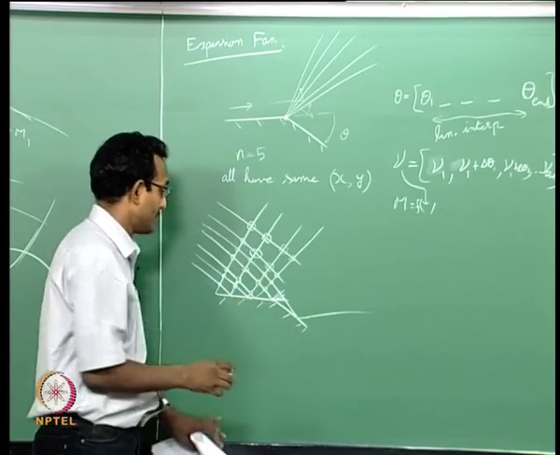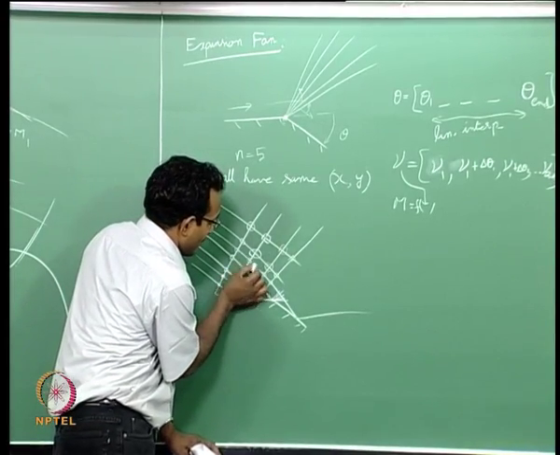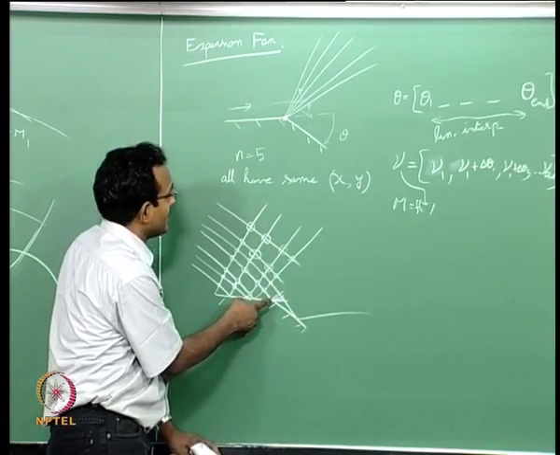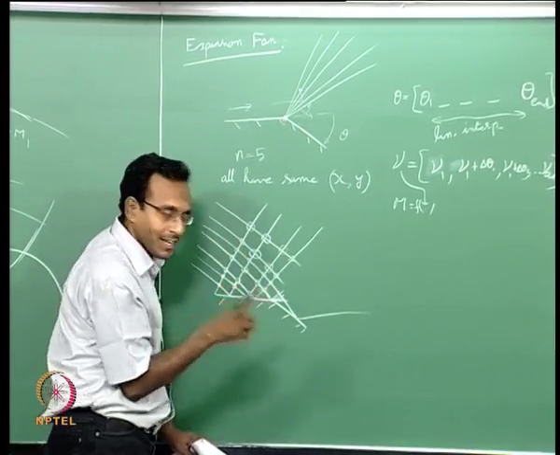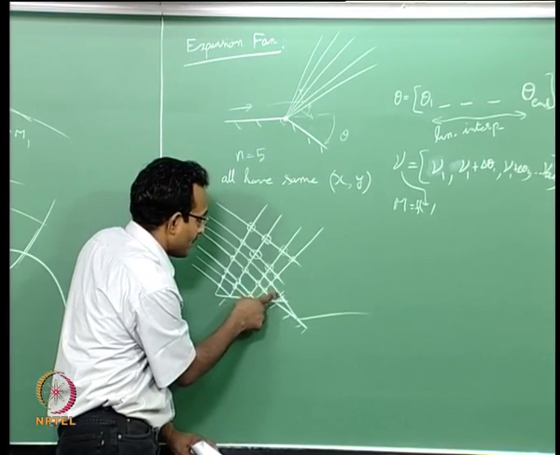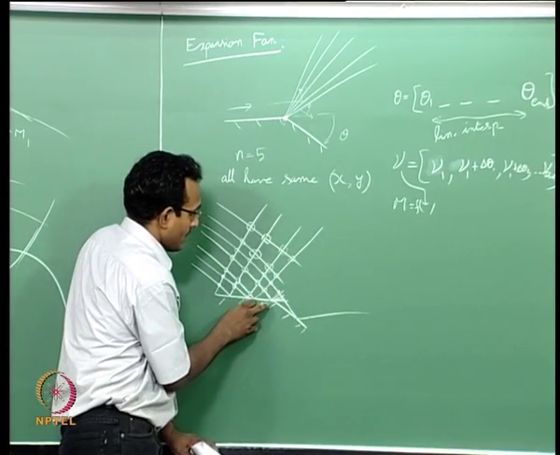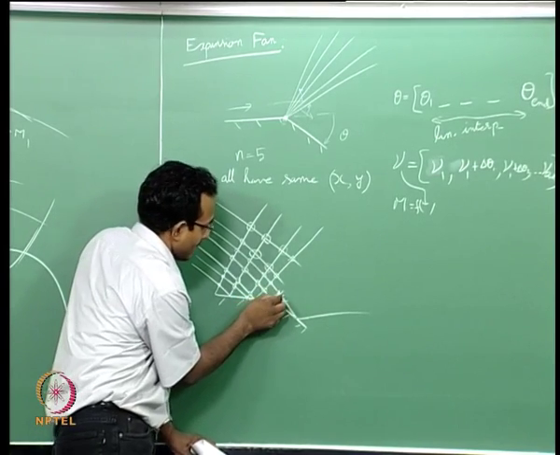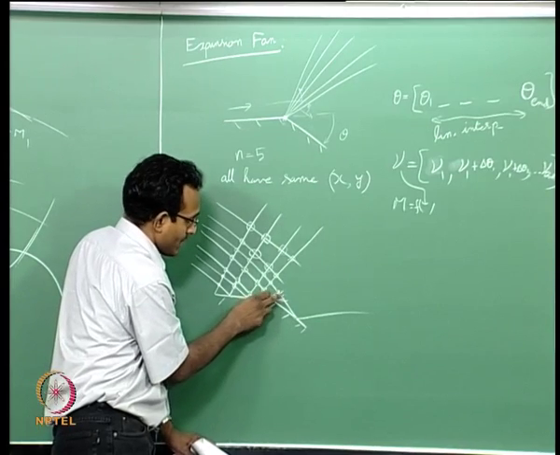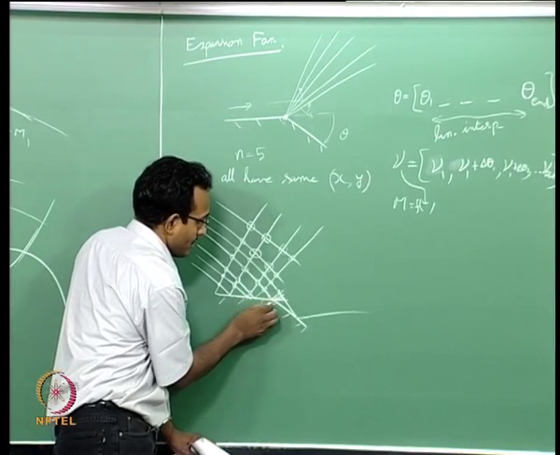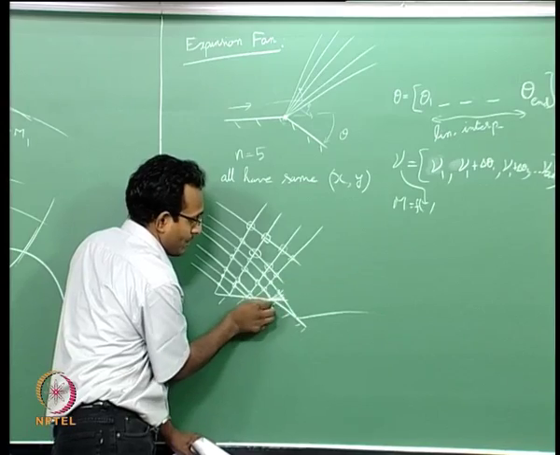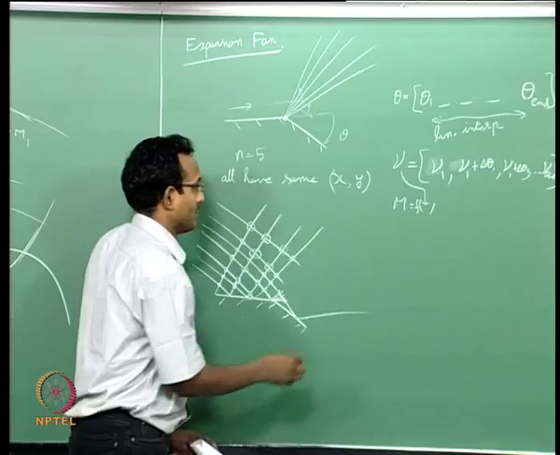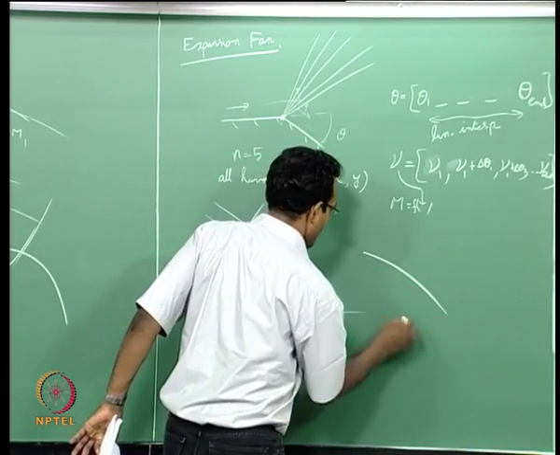So what I have to do is, when the characteristic from the right running family comes here, each of these points in that sequence, n equal to 1 to 5, will interact with it. In that sequence, n equal to 1 will interact with this first, giving an interior point, then that interior point will interact with n equal to 2 here to get the next interior point. From there it will interact to get the next interior point, from there it will give the last interior point. I will go through this whole sequence. If I draw this in big,